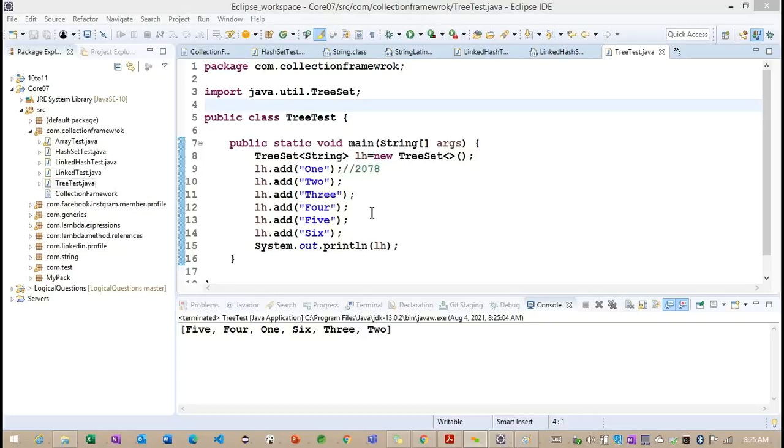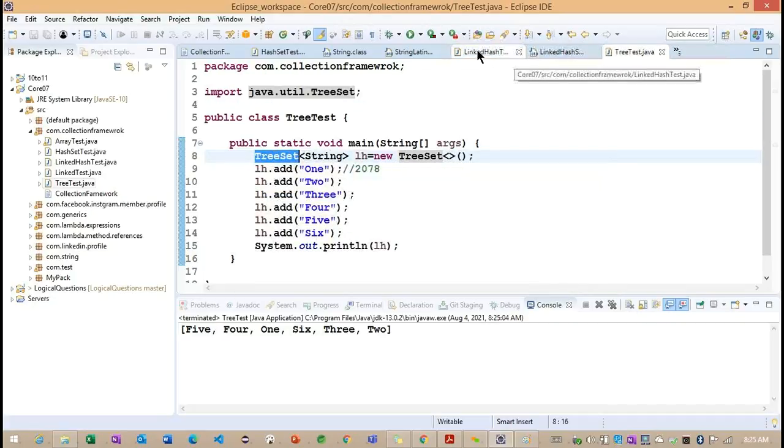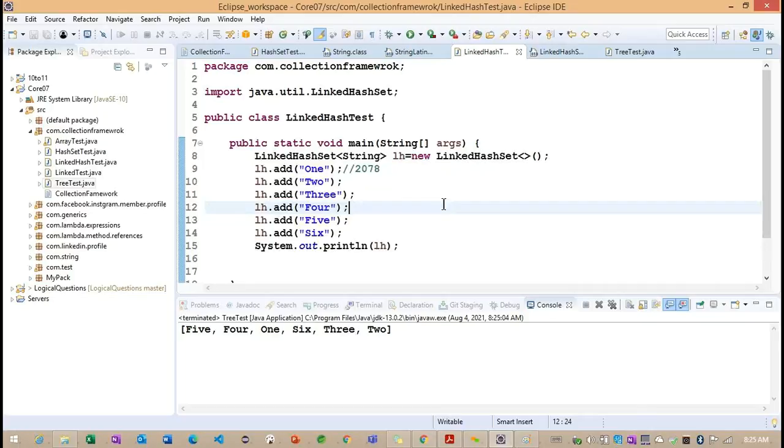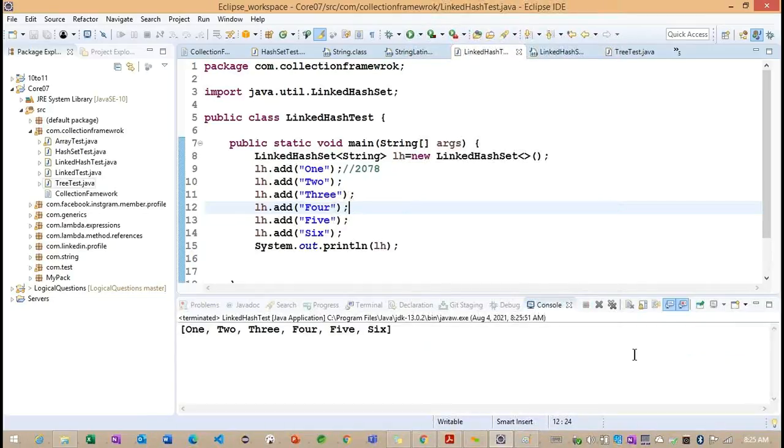If I'm going to sort here, what are we going to get? This particular tree set, by default, is going to provide the ascending behavior. In the linked hash set, if I run it, we are getting an order: 1, 2, 3, 4, 5, 6.